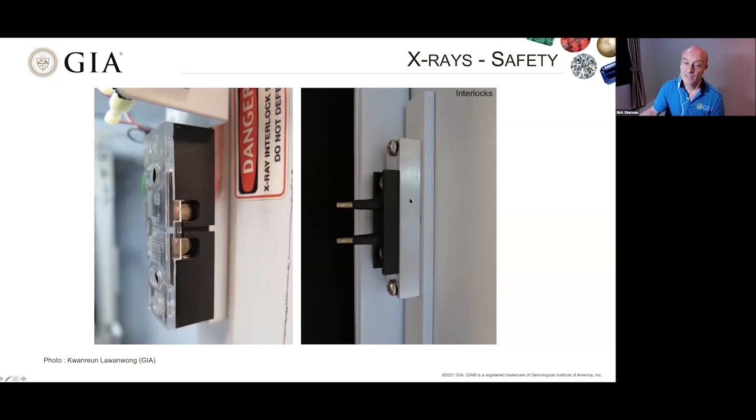These are on the door, so when the door is closed, they meet this circuitry here, and it makes the circuitry complete, and therefore you can switch the machine on, you can switch the X-rays on and use it. If there's any fault and this doesn't make a connection, then you cannot use the machine. So it's very safety conscious in any lab environment. We have to be very aware of that point.